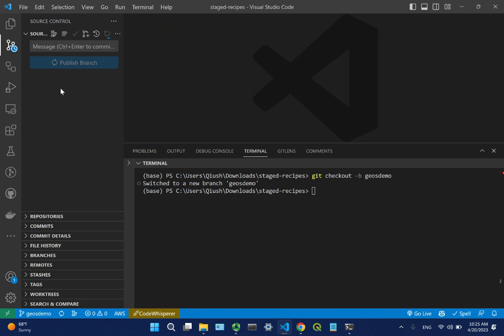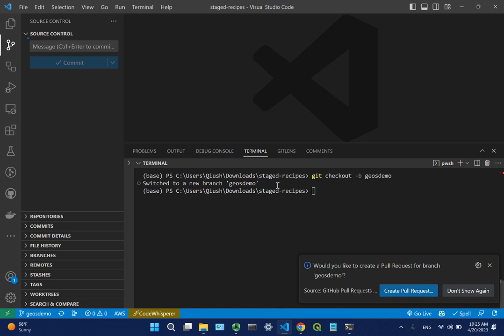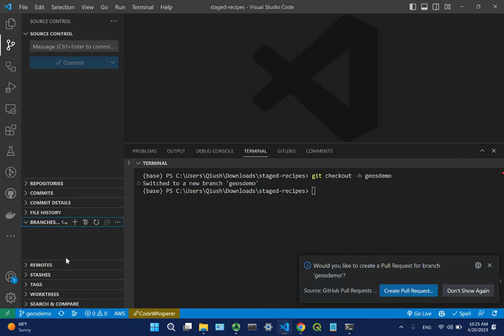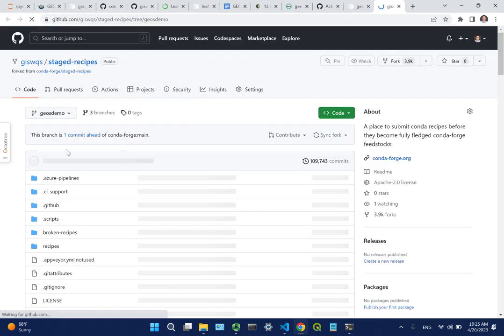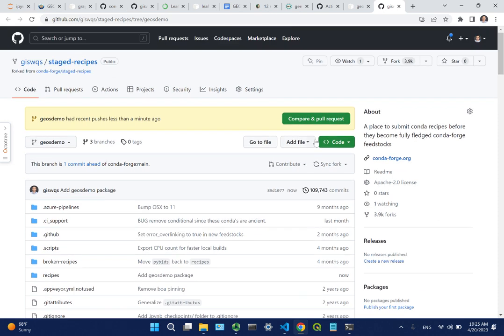So once it's done, you're going to see something like create a pull request show up here. Don't do that yet. You can go to your website. So I'm going to go to my branches and then open it on GitHub. Okay, so you should see this one pop up, and you should see a yellow bar here, and it's going to show you this branch is one commit ahead of conda-forge main. Okay, so that means it's good. Right now we have this one ready, so click the compare and pull request. So click this button,